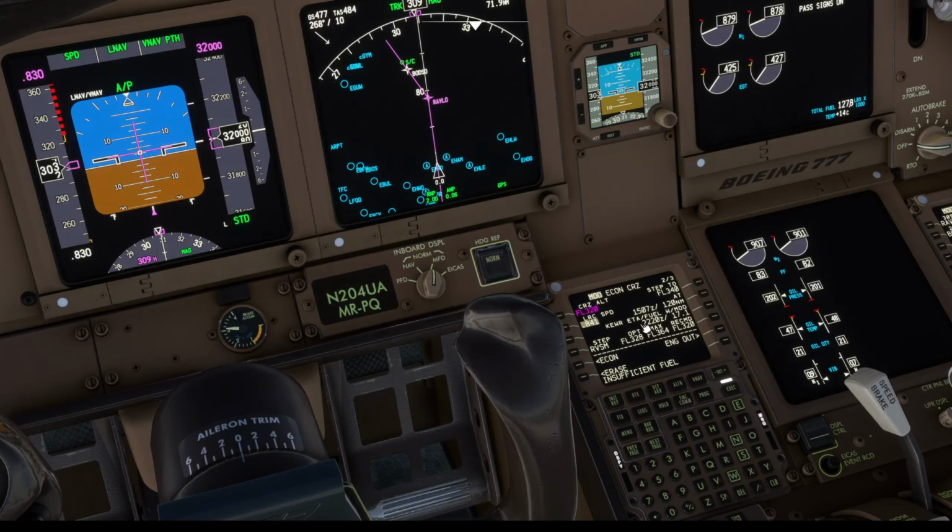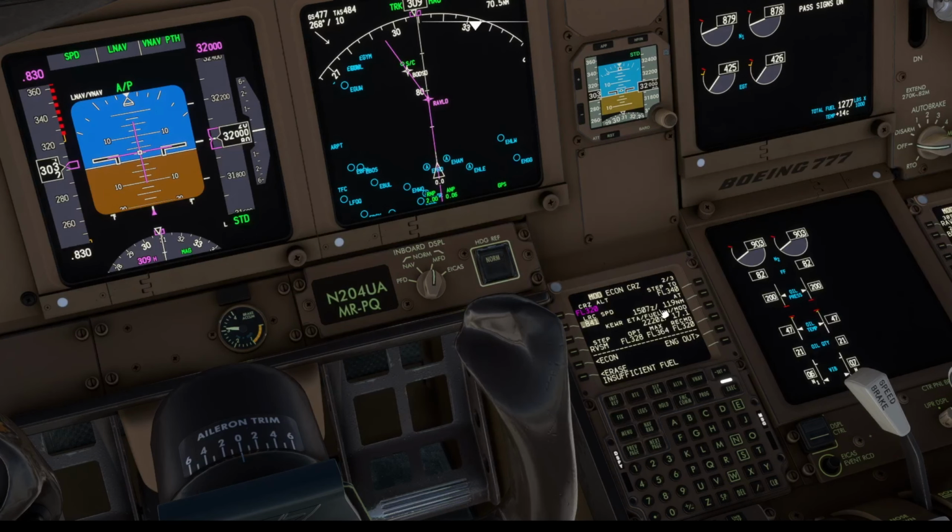You can also monitor here the time. If we would fly in long range cruise, our estimated arrival time in Newark would be 22, 21, 20. It's jumping up and down by 1 minute. So if you remember this number, 2220 Zulu for our arrival time in Newark, and the planned arrival fuel of 17.1,